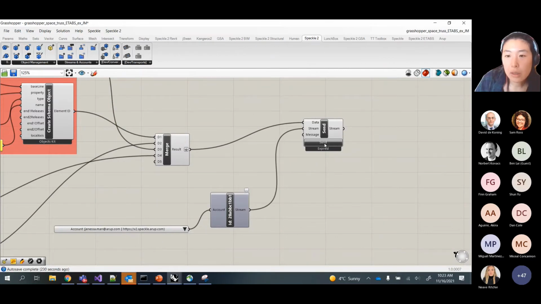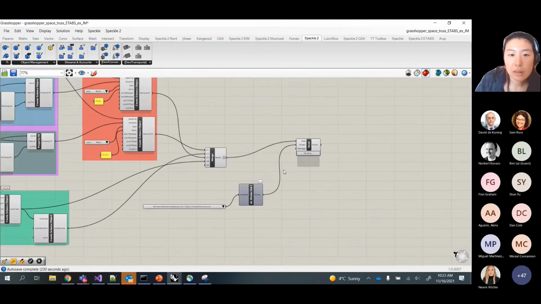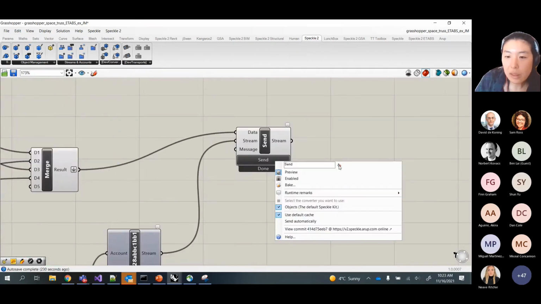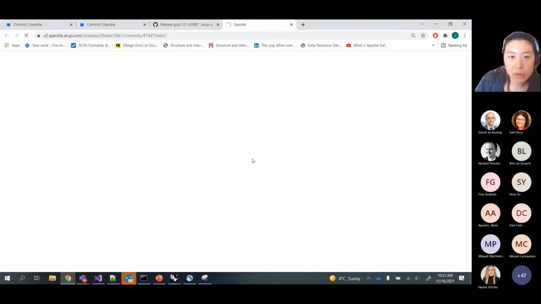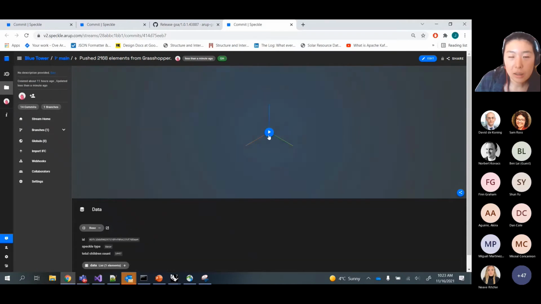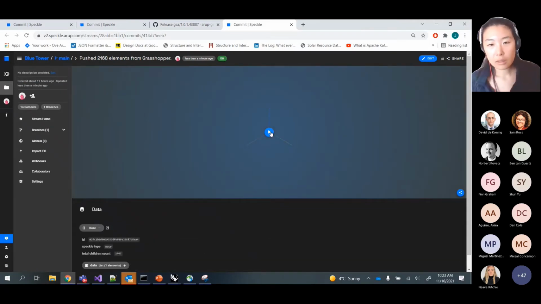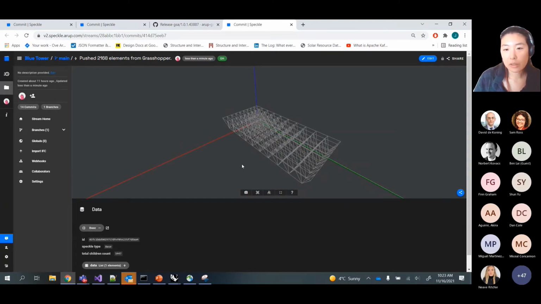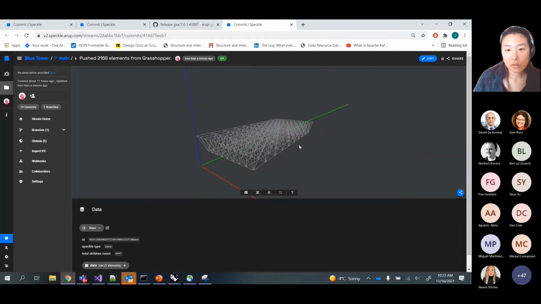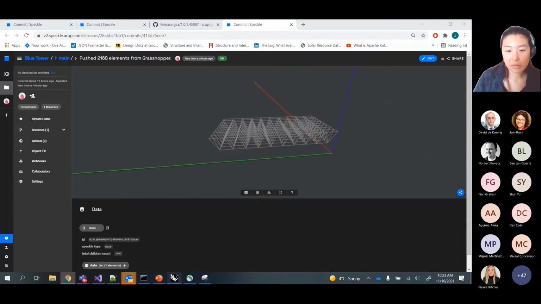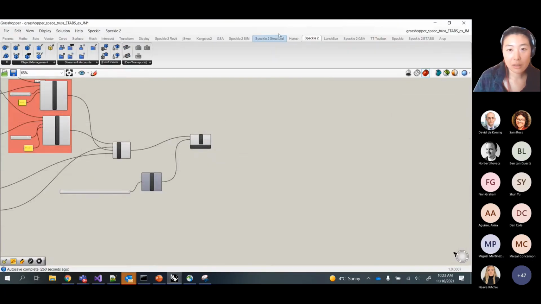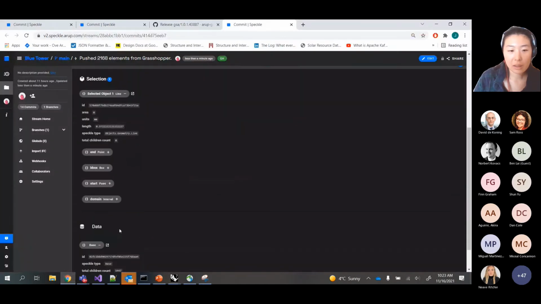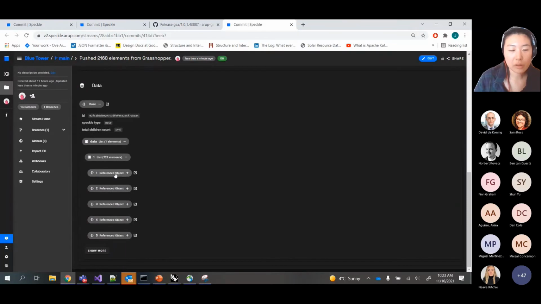So in sending, we are converting the data that's been generated with these components, and we're sending this to the Speckle server. So we're sending this online, making it available to this viewer here, but also making it available via API to other software. So in this case, obviously, you'll see this is what we've generated, like that. And if we take a look at some of the components of what we've been able to push